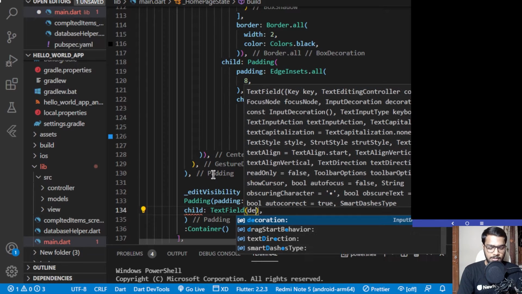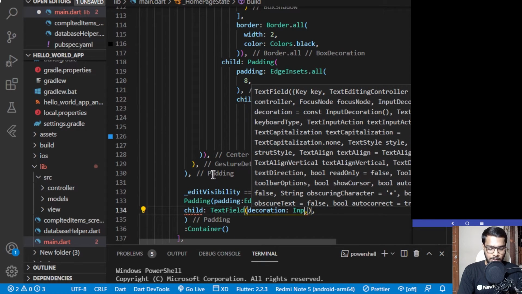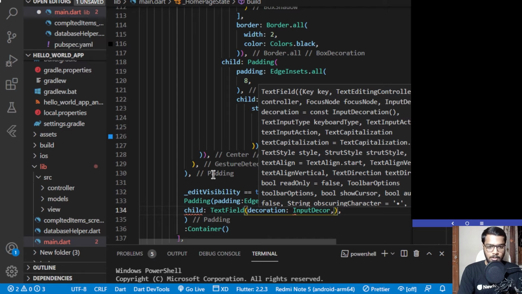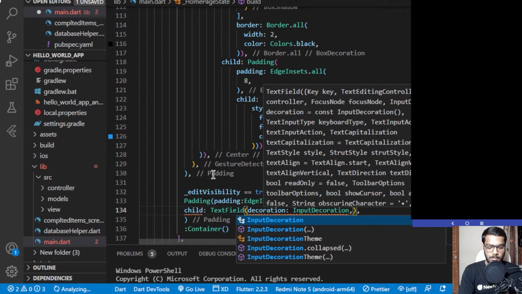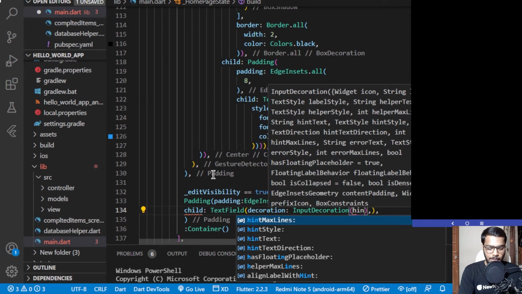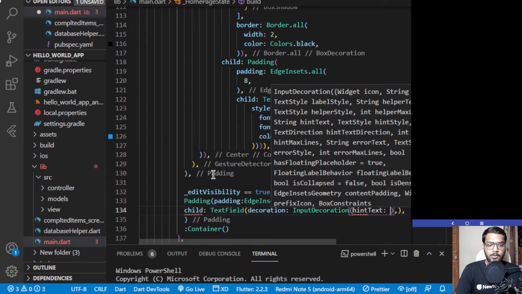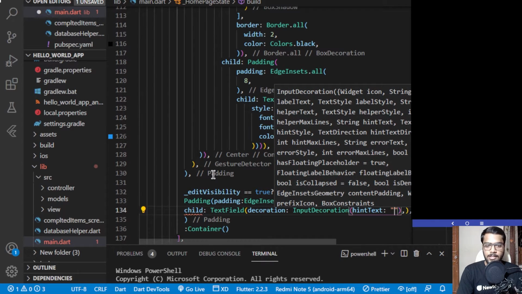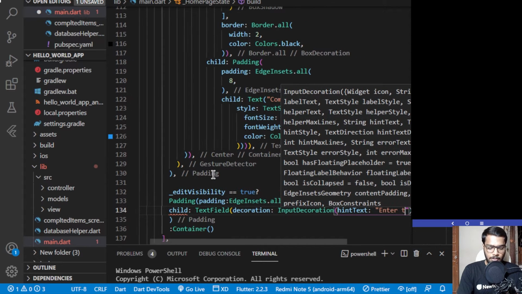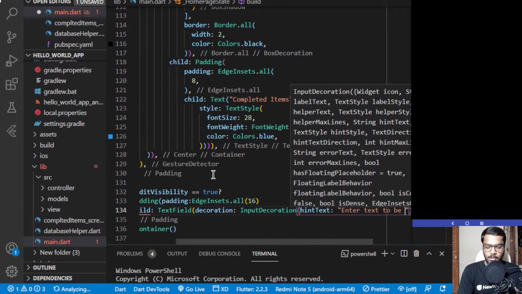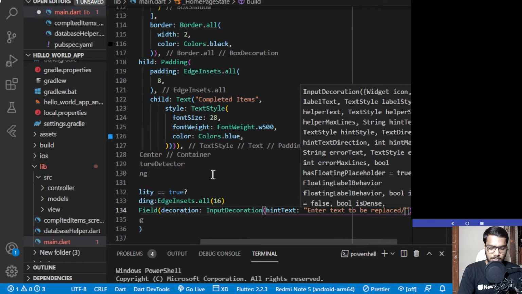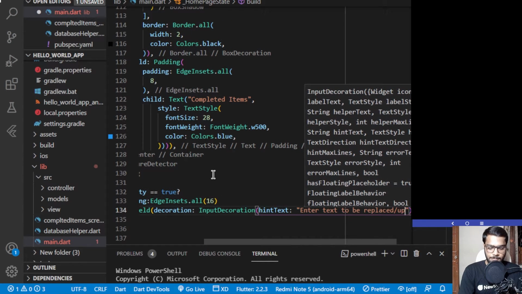and this text field takes a decoration for which we can pass InputDecoration, and inside it we will be adding a hint text for letting the user know what he needs to enter inside this particular text field. So: enter text to be replaced / updated,